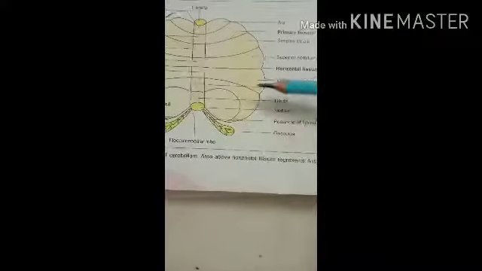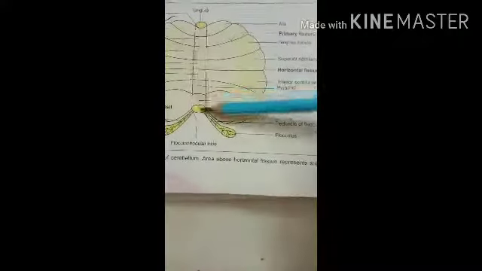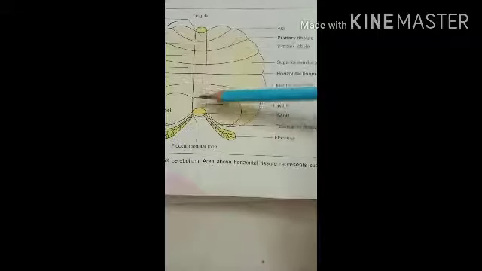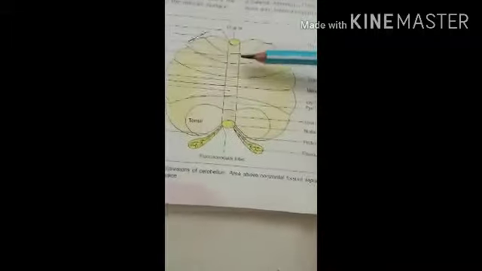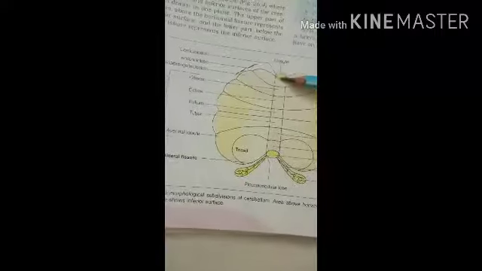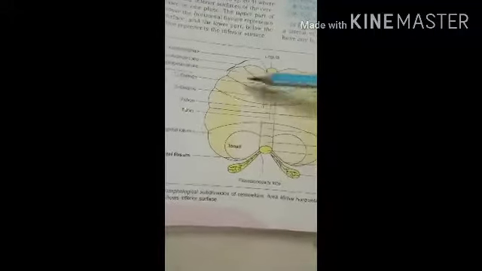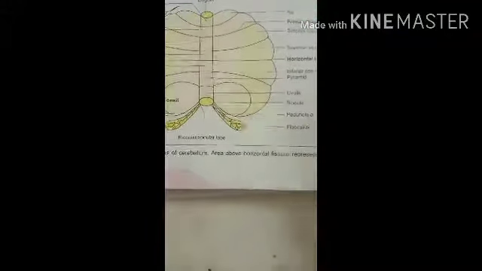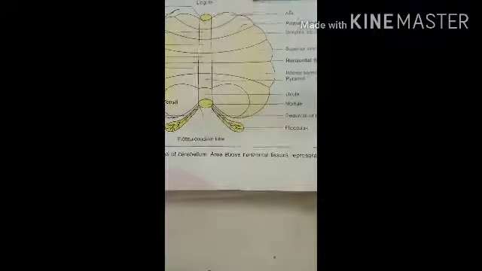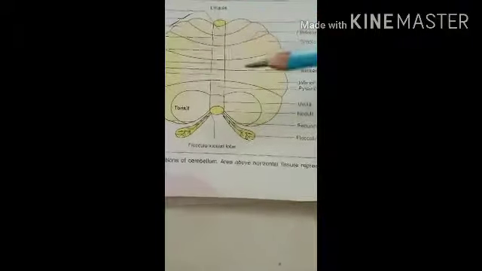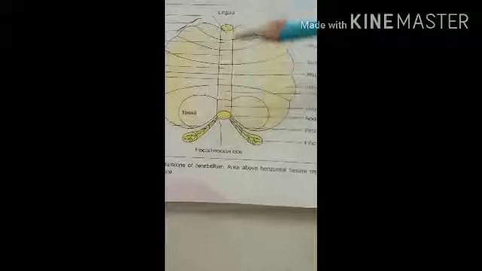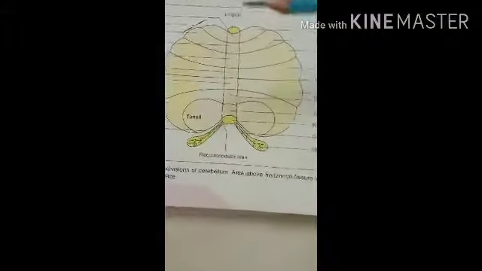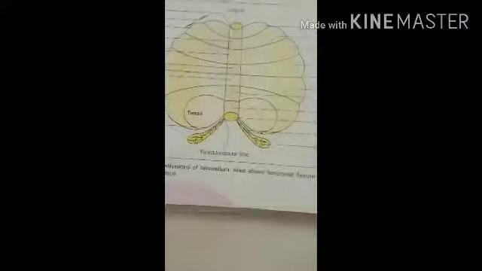Here you can see the pyramid and this is the uvula. The upper two parts here are the central lobule and the culmen, and then the uvula and the pyramid. So these four parts form the paleocerebellum. The paleocerebellum is chiefly spinocerebellar in connection and it is concerned with the tone, posture and crude movement of the limbs.